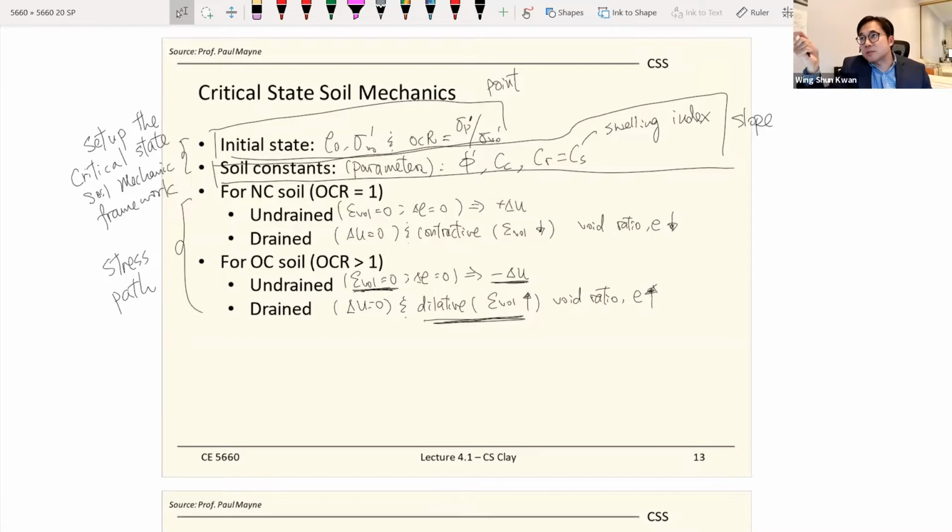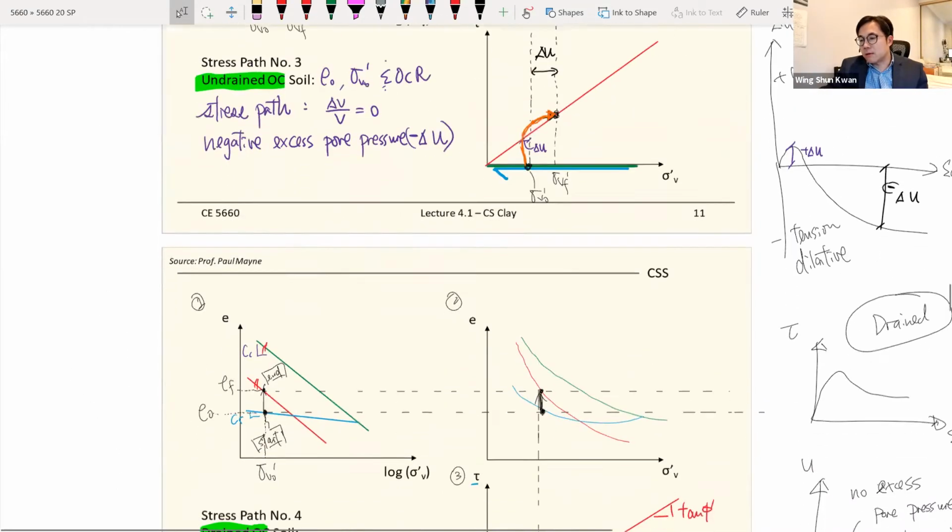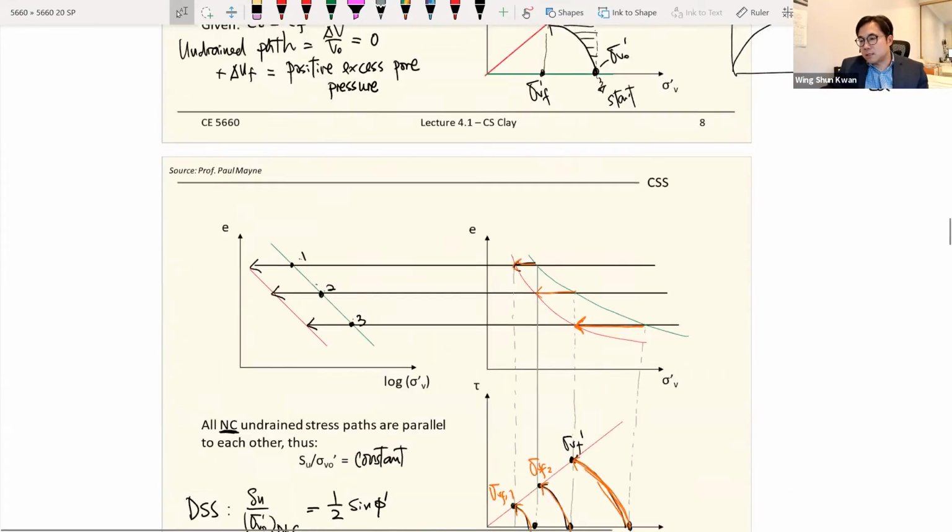But to get that start, first you describe the ground as small elements, and now we're talking about each soil element. How would the soil behave? And in order to do that prediction, that modeling, the first constraint is knowing where you start and knowing where you end. So the starting point, we keep talking about this. The starting point very likely is the